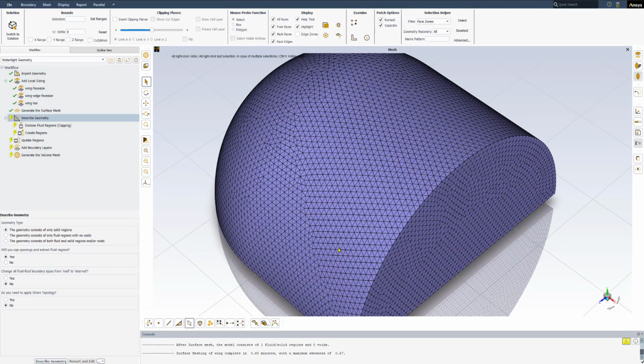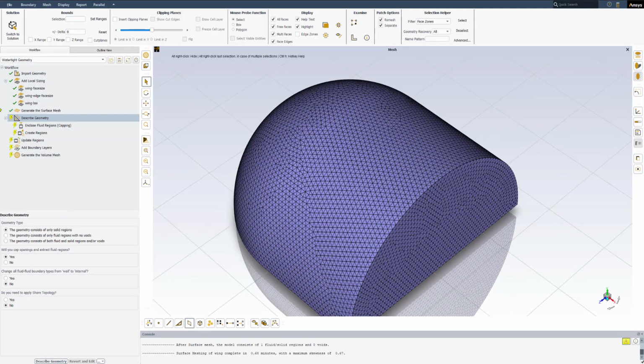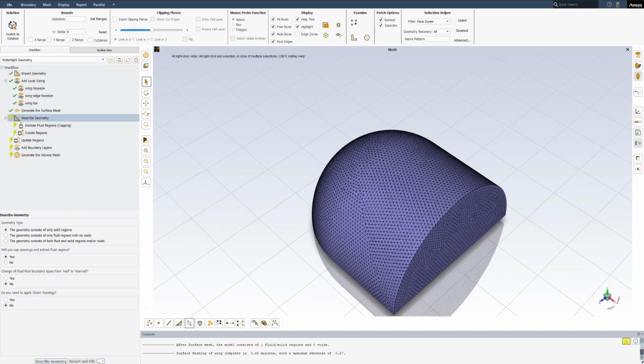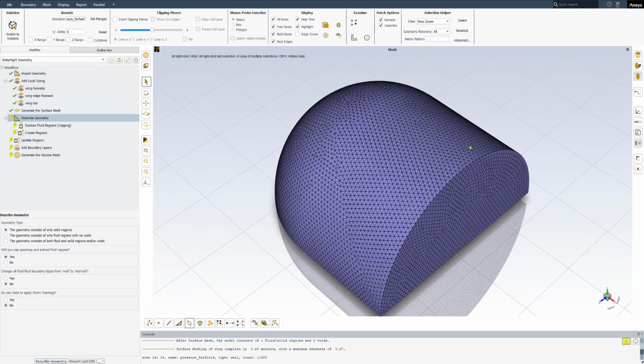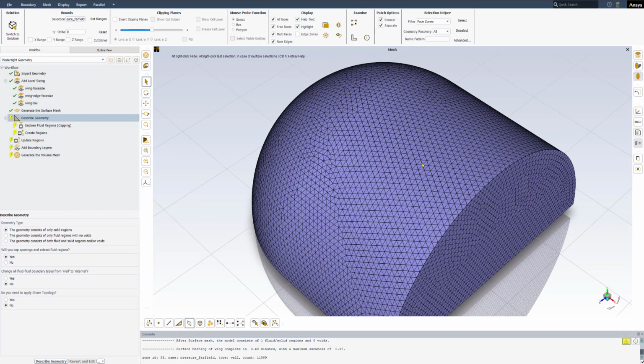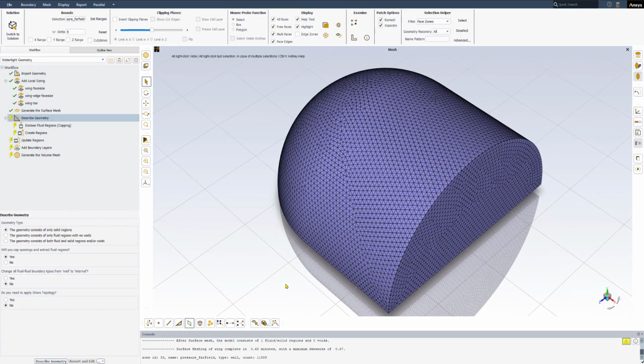Okay, so this surface mesh has also been done, and you will see this part also checked with a green check mark, and we need to go to describe the geometry now. I just go to the isometric view. But before going to describe geometry, we can have a look at our surface mesh. So this is for the far field area. We have a rather good mesh here, but we can go and check the wing also